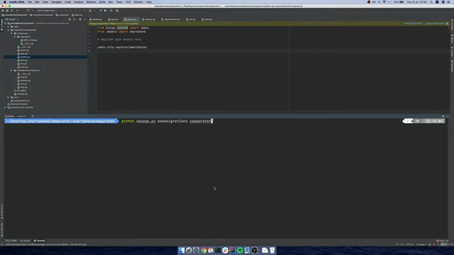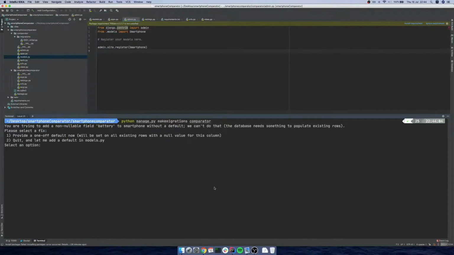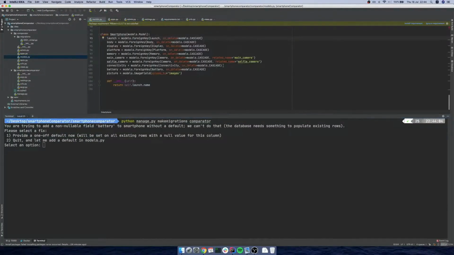So let's go ahead and migrate. And it says it's trying to add a field called battery. This is just one case, but there are others. We already have models, and it says it cannot be null because in the models it cannot be null, but we already have models with null. So what do we want to do? Option 1 is define a default now, or just quit and edit models. I won't do either of those,